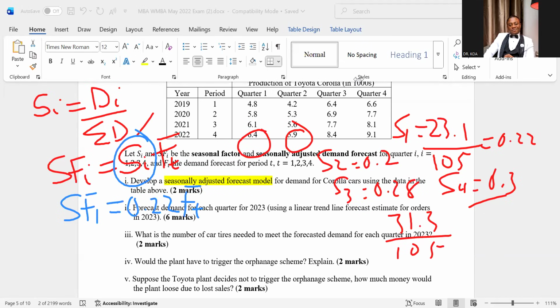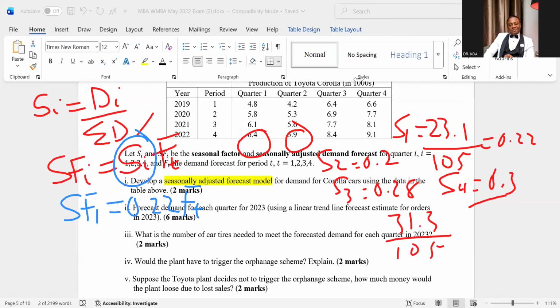And then you do for the next one. What will be the next one? You can tell us the next one, because that is refreshing your mind. If you are here and you know the answer and you are not speaking, you will be bored very soon. And for those that are just listening and not participating, it's not going to help you much. Tell me for SF2. 0.2 FT. Okay. I'm sure you can get the rest. You can all do the rest. So that's what gives you the 2 marks.